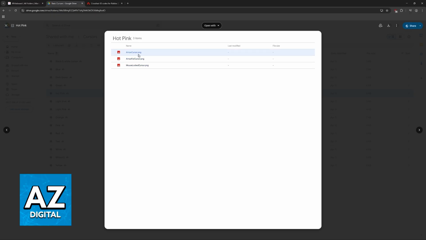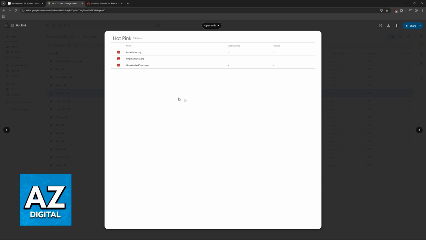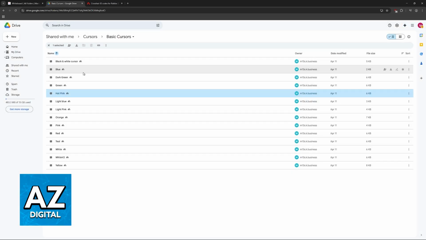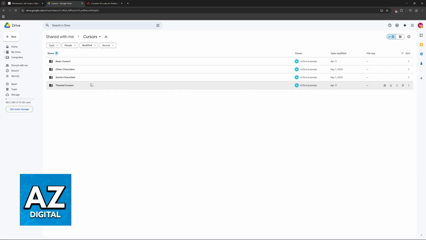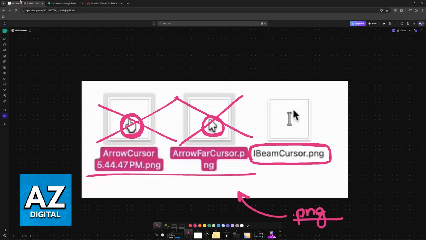All that you have to do is download these files and drop them in here. So just drop the files that you downloaded here in the PNG format with the exact name, and you will be good to go. So just make sure that you find available cursors anywhere on Google, YouTube, and other websites. Most of them will be hosted on Google Drive, and you can access any of these folders to download them.